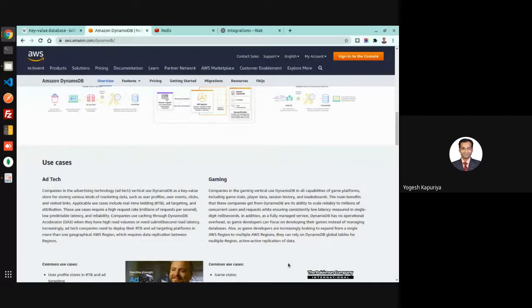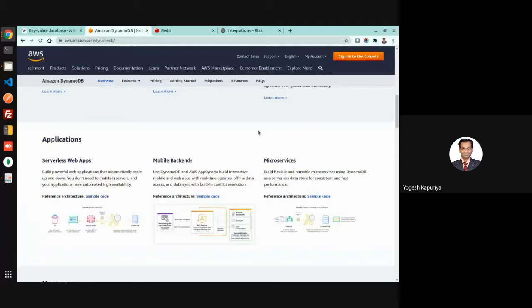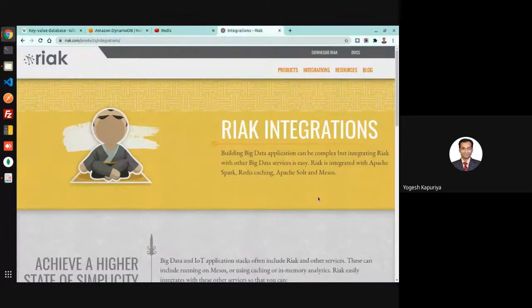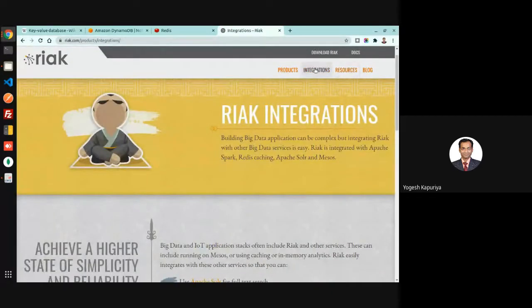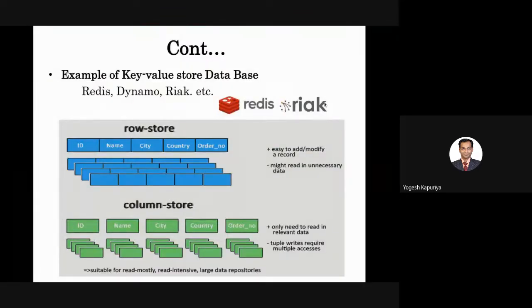So sometimes it's not found feasible to use these applications. So people use RiakDB when they require a key value database, and it can be easily integrated with Apache Spark, Apache Solr, Apache Mesos. There are many. So these are the various key value databases in the market as well. These are the industry standard data stores.